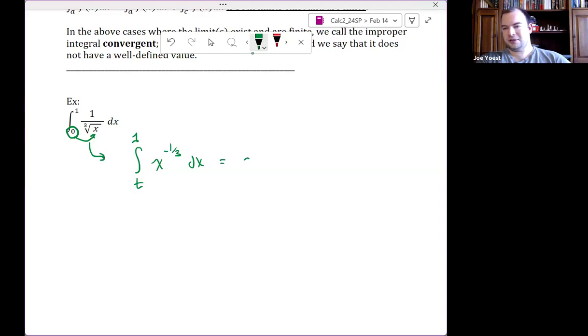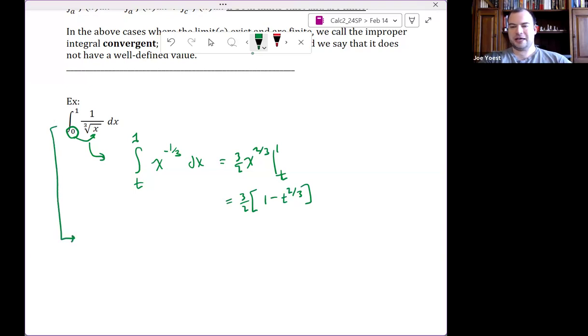I add 1 to the power. This gives me x to the 2/3, divided by the new power, 3/2, from t to 1. Or this is 3/2 times 1 minus t to the 2/3. My prospective value for this integral is the limit as t goes to 0 from above, the right-sided limit,